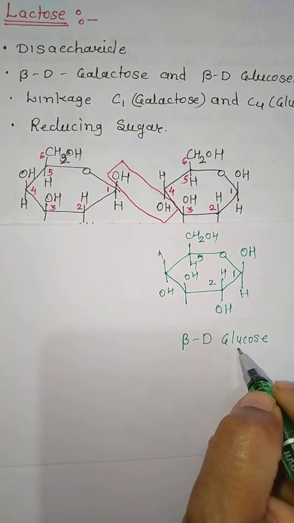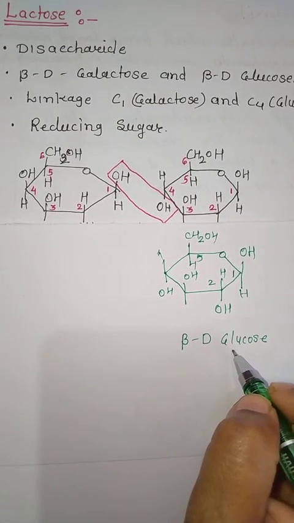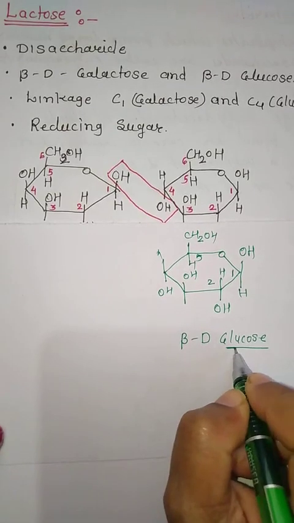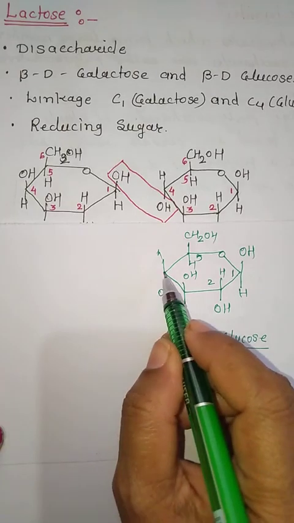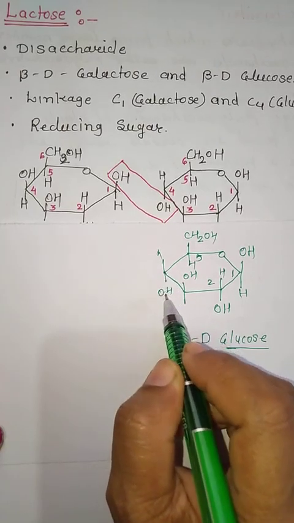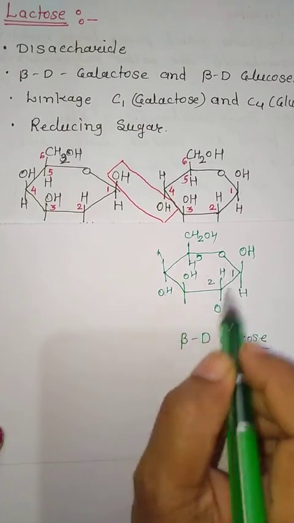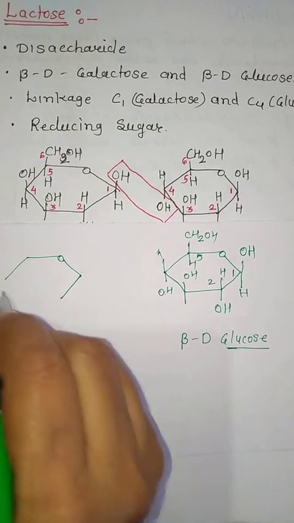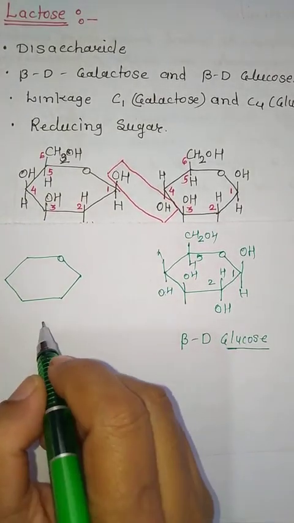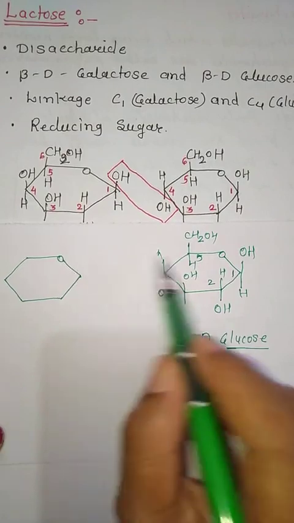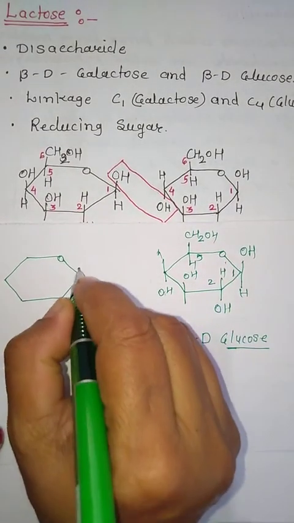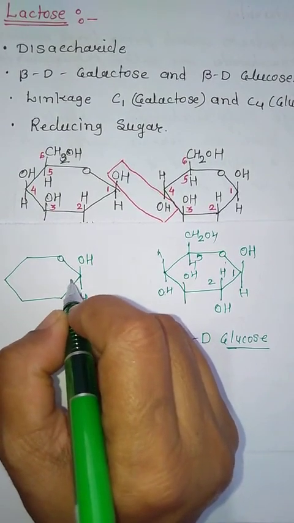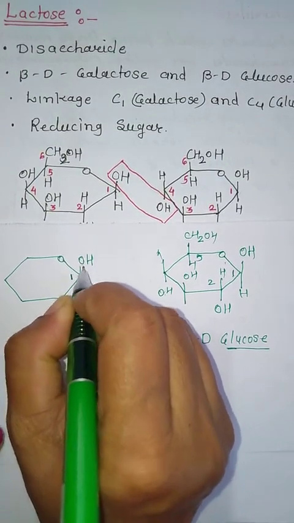अब ग्लूकोज और गैलेक्टोज में क्या फ़र्क है? We will see the difference. Children, glucose and galactose are differing at the hydroxyl group configuration of the fourth carbon. ठीक है, ये ग्लूकोज का स्ट्रक्चर है, अब हम लोग गैलेक्टोज का बनाएंगे. अब क्योंकि ये बीटा ग्लूकोज और बीटा गैलेक्टोज है, इनका C1 कॉन्फ़िगरेशन सेम रहेगा. ग्लूकोज का C1 कॉन्फ़िगरेशन क्या है? OH is upper side. तो गैलेक्टोज में भी, बीटा गैलेक्टोज में कार्बन 1 का हाइड्रोक्सिल ग्रुप ऊपर रहेगा.